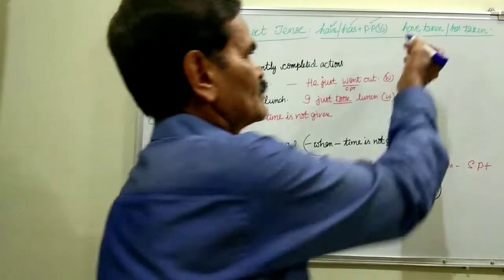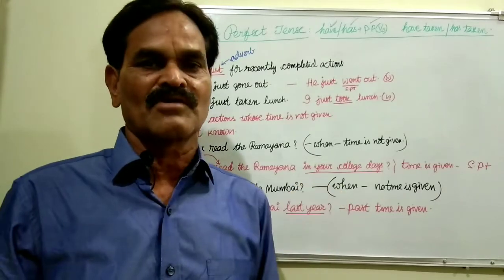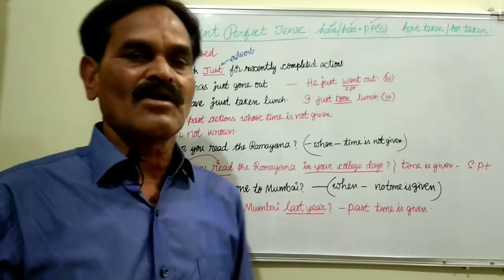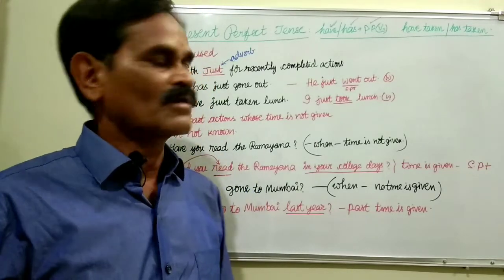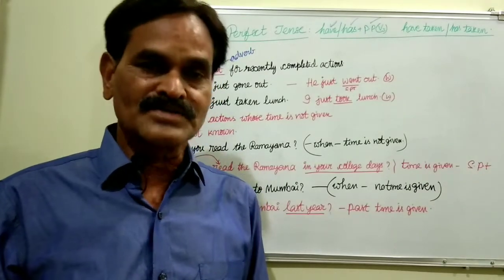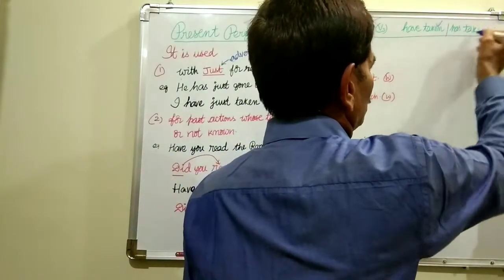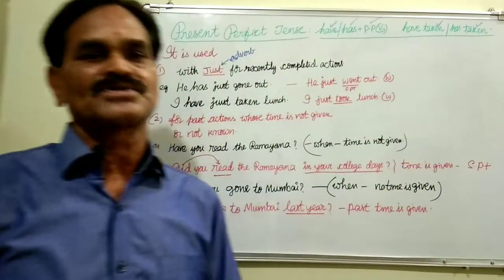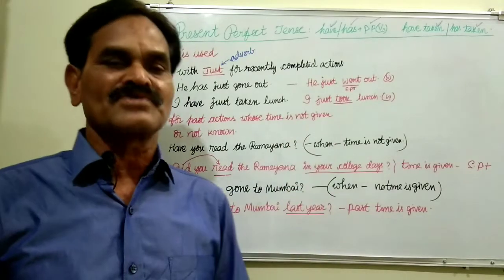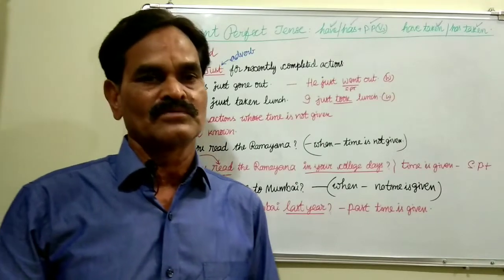With have and has, we cannot use V1, that is we cannot say have go, have take, or has take, or has go. We cannot use V2, have went, or has took, or have took, or has gave. You must use only past participle, that is V3 of the main verb only. So this is what is called present perfect tense. Now we have known what is the structure. Now where it has to be used, where it should not be used, why.